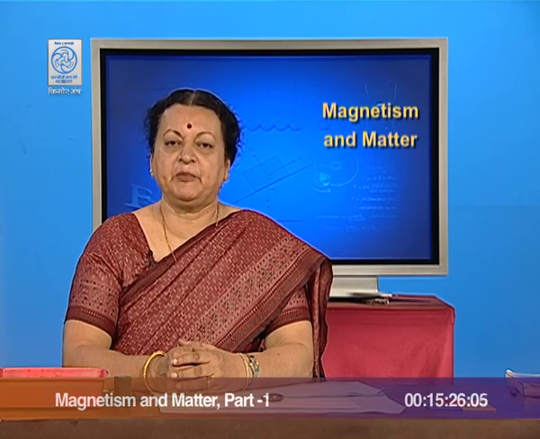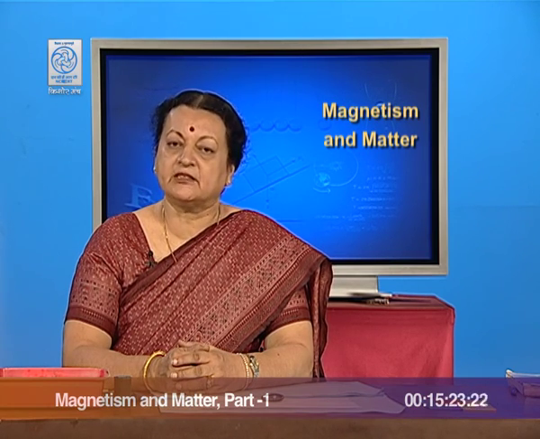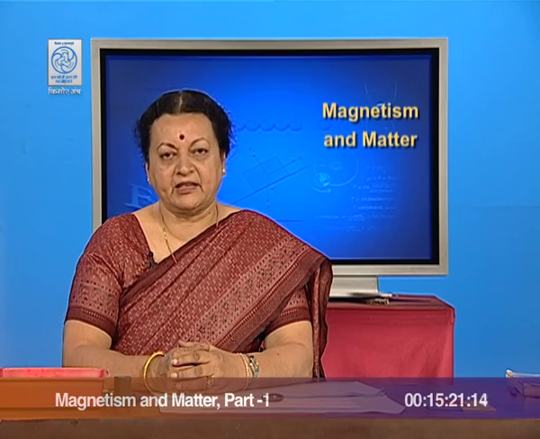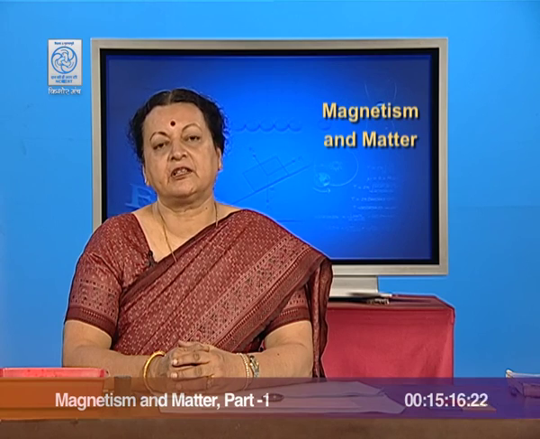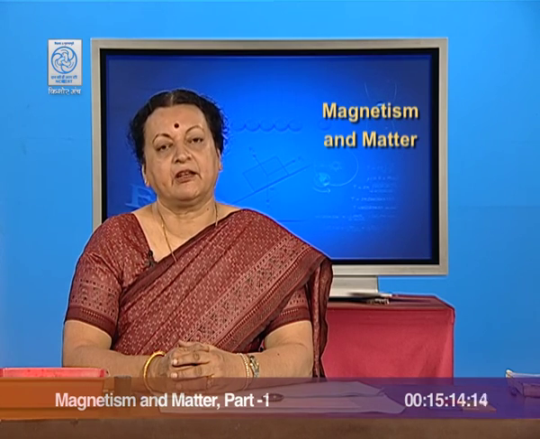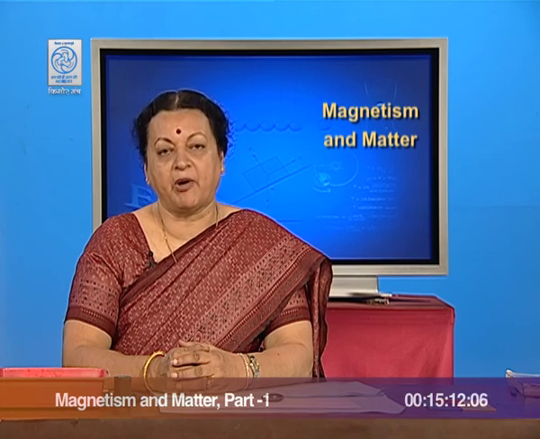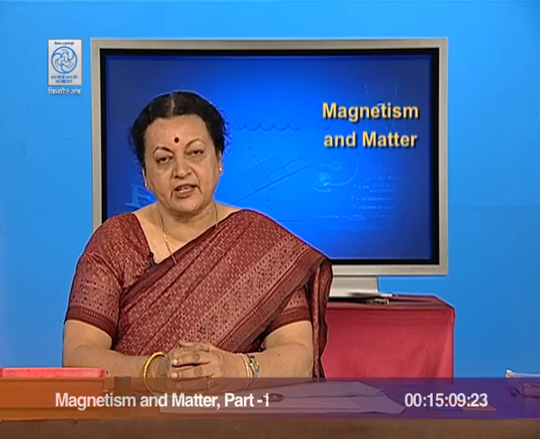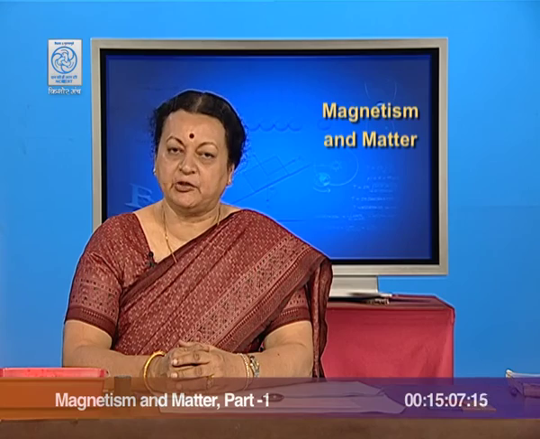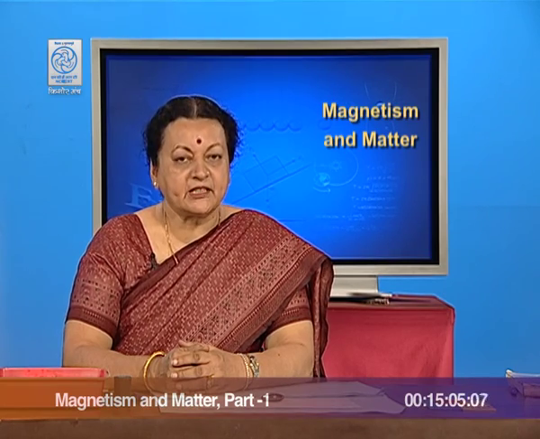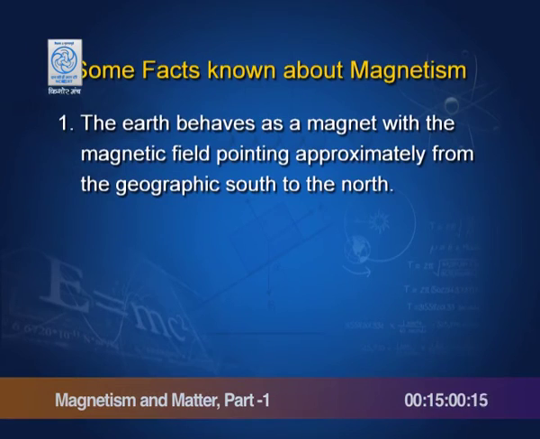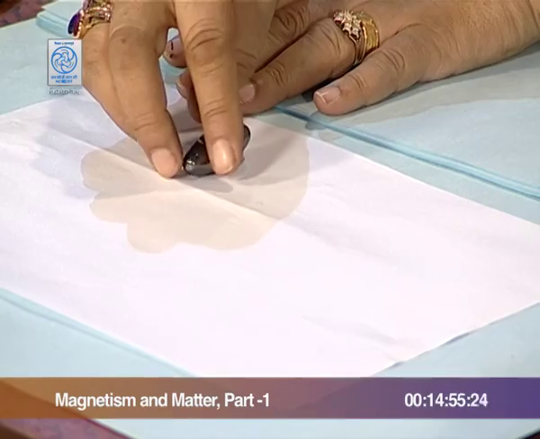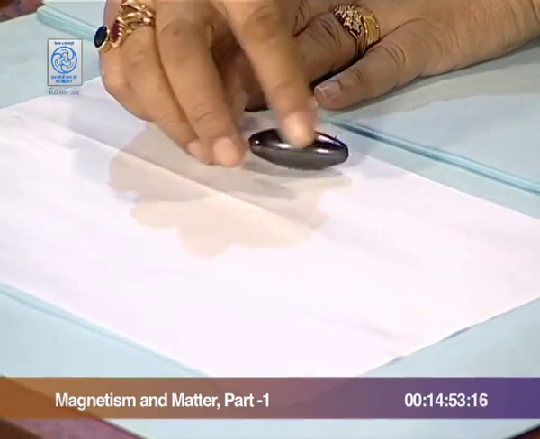This connection we will make, and try and learn some properties of magnets and solenoids, compare the two, and thereafter find the magnetic field due to a bar magnet along its axial line and along the equatorial line. Some basic properties of magnets are that earth behaves like a magnet and it has its field directed